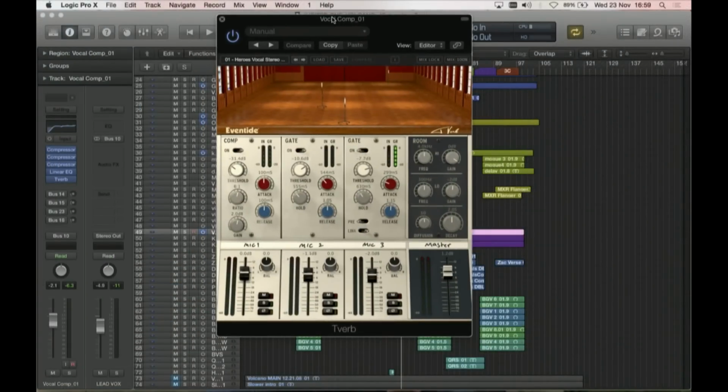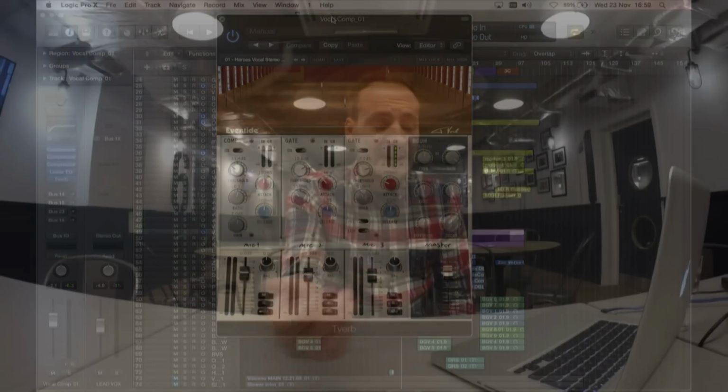So T-verb. T-verb was designed by Eventide in collaboration with the legendary producer Tony Visconti. And I'm just going to open an instance, to make an introduction to you, everybody. It is an unusual plugin. As its name implies, it's a reverb, but it has a twist to it, and it's a specific type of reverb, and it was based on a